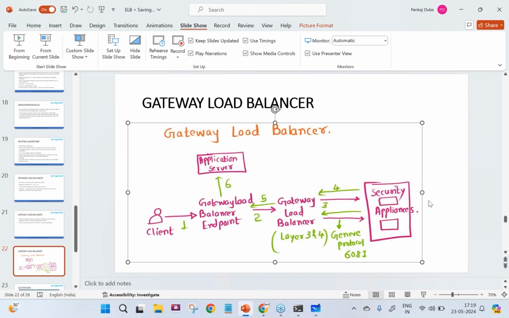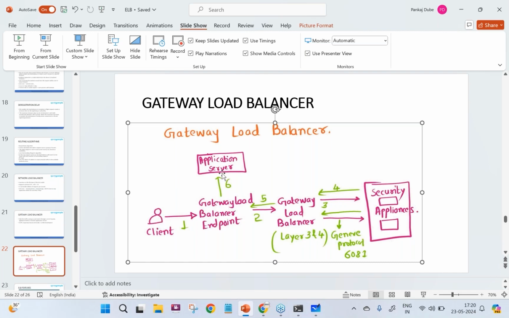From the Gateway Load Balancer, it goes to the security appliances. Security appliances are nothing but firewalls which are used to inspect the traffic. Once the traffic inspection happens here, the request is sent back to the Gateway Load Balancer, back to the endpoint, and from the endpoint your request reaches the application server.